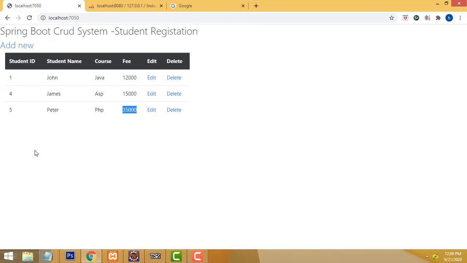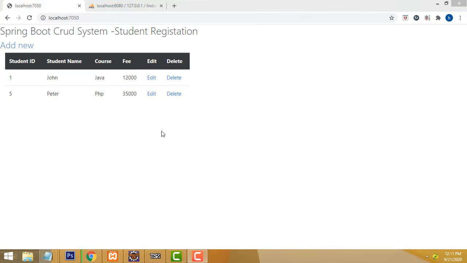This is a very simple CRUD. This is the way you have to do the CRUD system in a Spring Boot application efficiently. Now if you want to delete a record, click the delete button on the record you want to delete. If you click the delete button, the selected record has been deleted. This is a simple system, and now let us see how to make it step by step in Spring Boot.